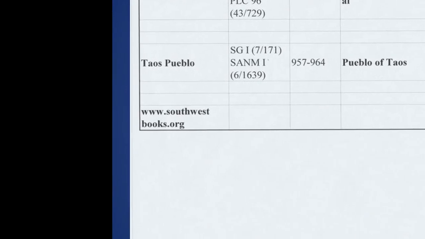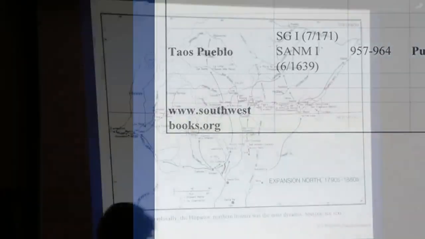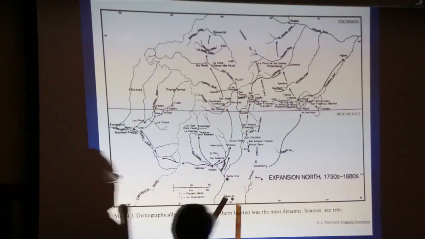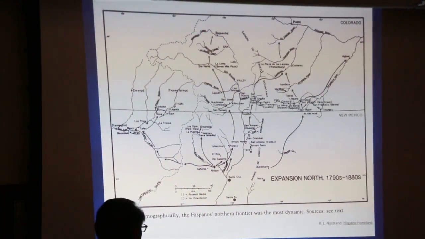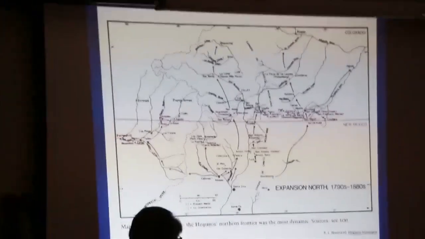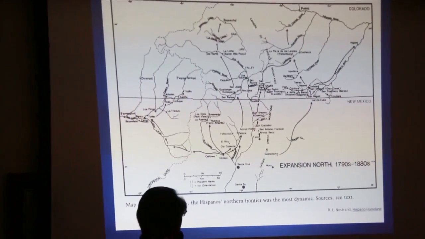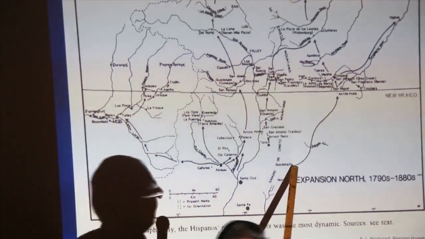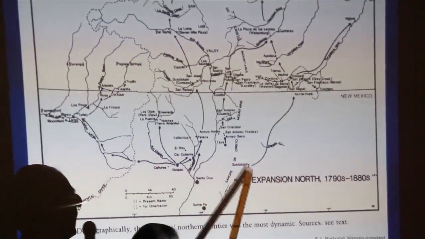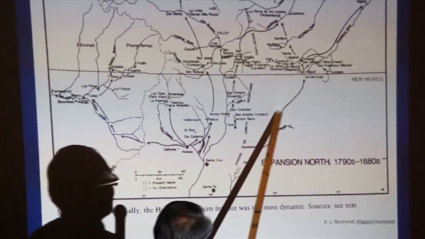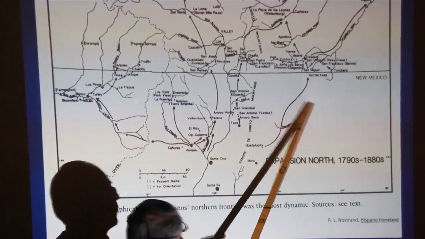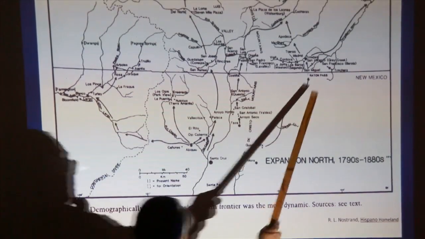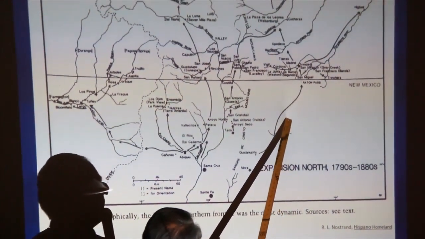Bill? Okay. Something else I found in a book that was written by R.L. Nostrand called Hispano Homeland. His book is not very old. I think it's a 2008 or 09 book. But it shows expansion and the migration patterns, as you can see, where people went. Guadalupita here is in the Mora area. See, here's Mora. What he believes is some of the families from that area that went this way. Well, if you go this way, what are some of the communities in through here? Raton, up by the right. If you go this way, yeah.